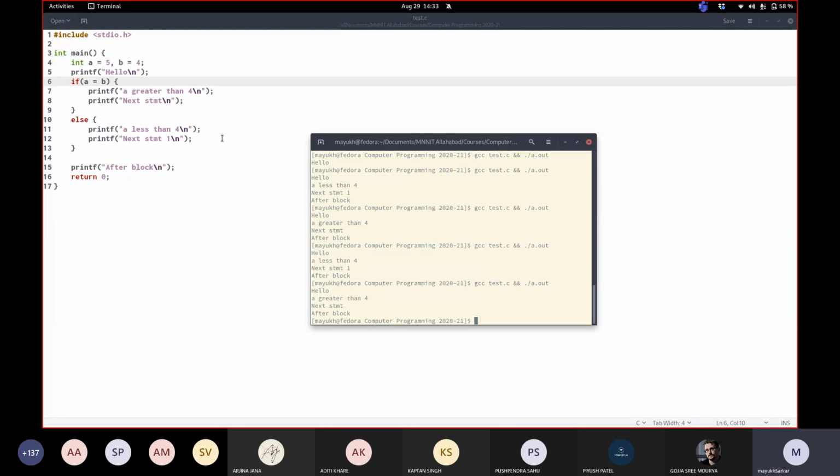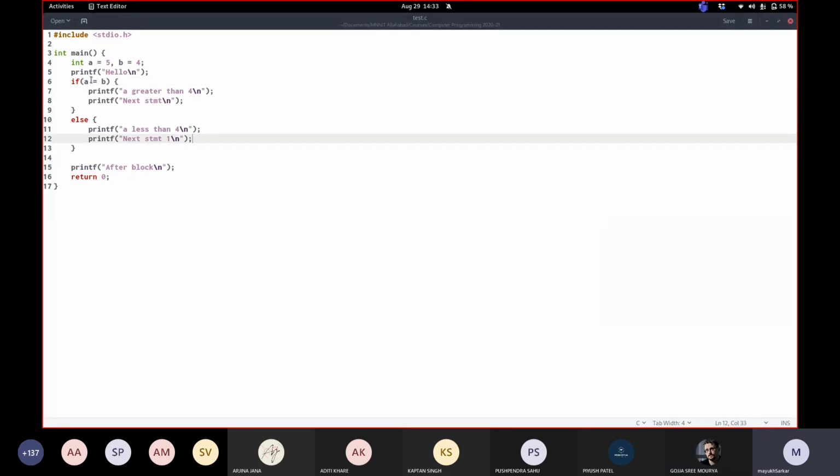Because I have not written any condition there. What I've written here is an assignment. Let me show what's happening. As you can see that A equals B, the if block got executed. But what happened here? Before that, after this statement, let me